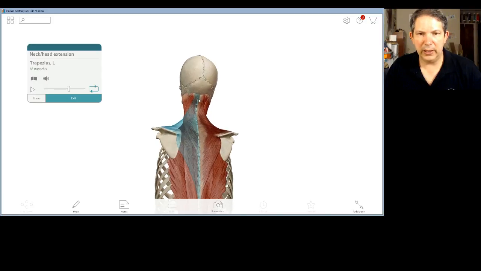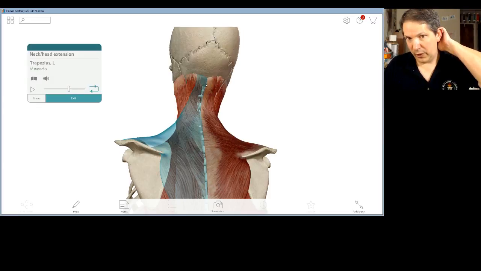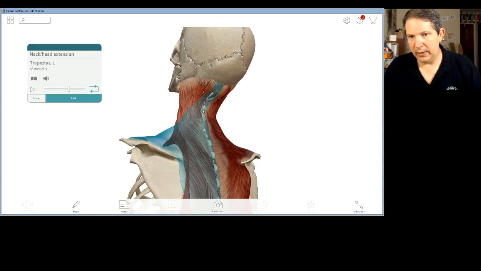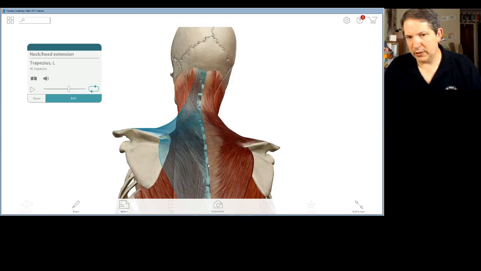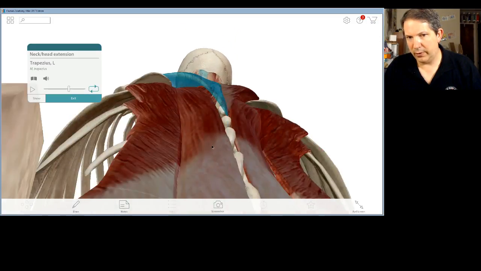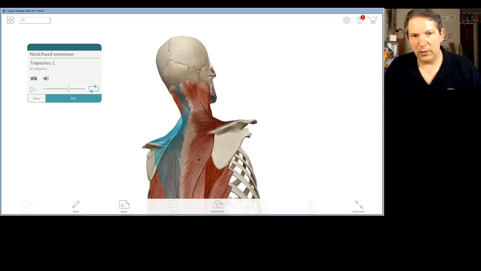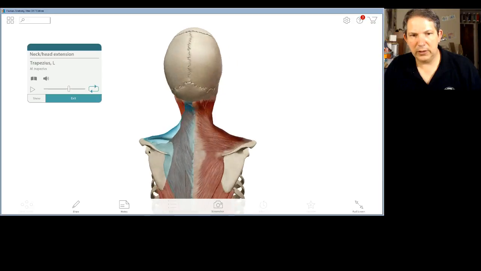It's originating from the occipital spine, down the nuchal ligament, and then the spinous processes of all the thoracic vertebrae. That's a big origin. And the insertion, you can see it's coming up and grabbing onto the crest here of the scapula,